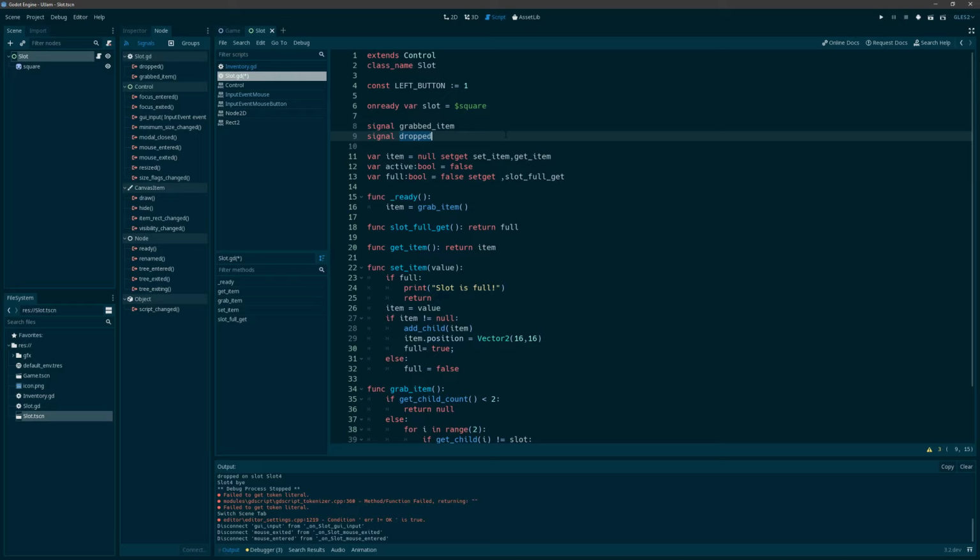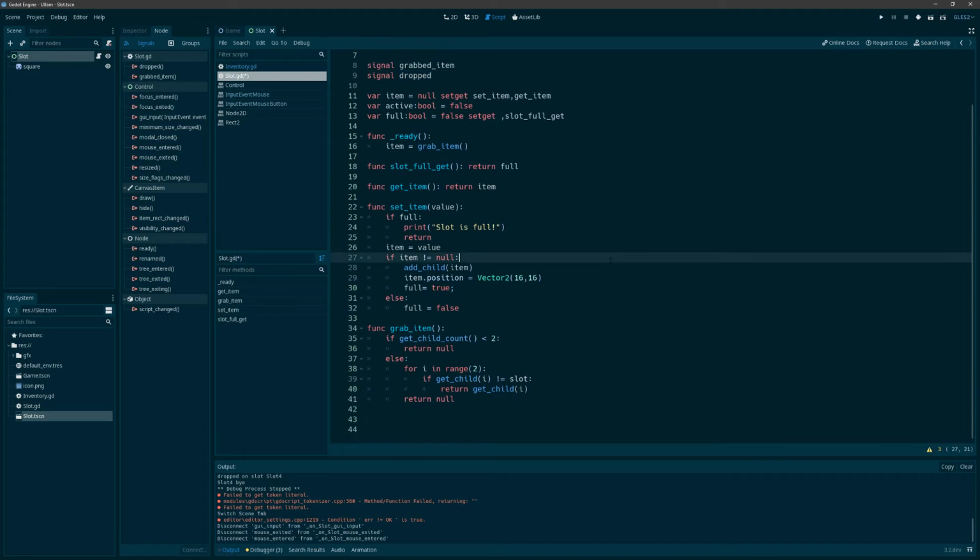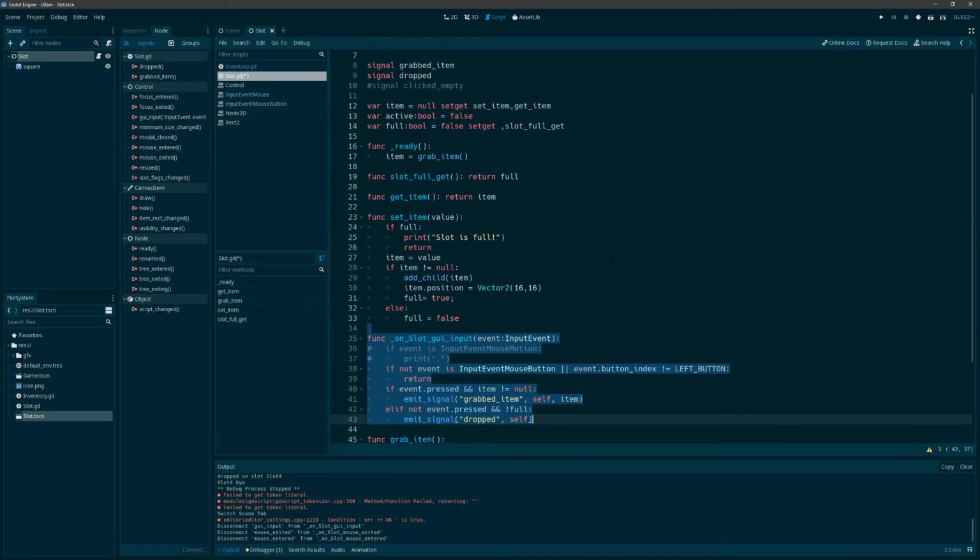I'm just wondering if that would be better than having to iterate over all of those slots every single time. If we did that, we would still